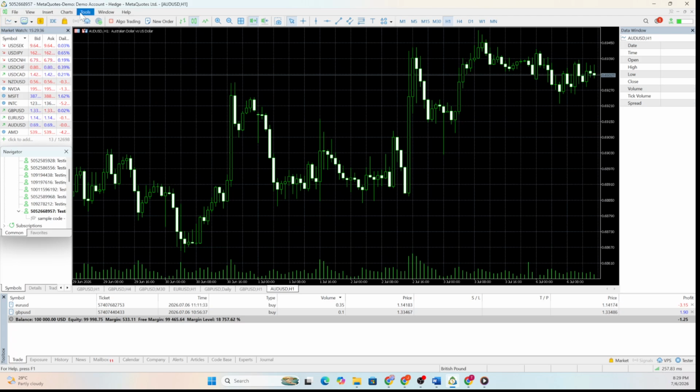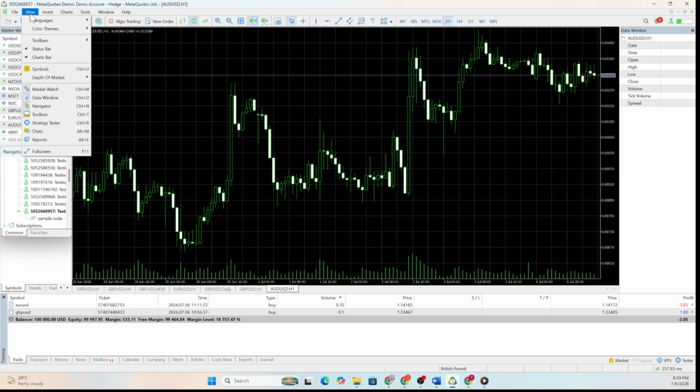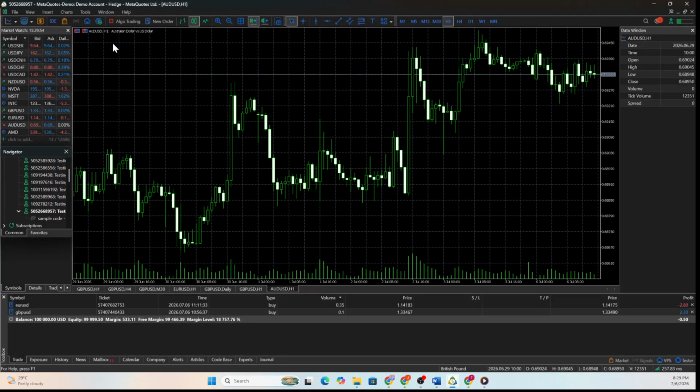From the menu, click View. After the View menu opens, look for the option called Color Themes. Click Color Themes to open the available appearance options. Inside the Color Themes menu, you'll see different choices. To switch MetaTrader 5 to a dark appearance, click Dark. If you want to use the system appearance instead, click System. Choose the option that matches how you want MetaTrader 5